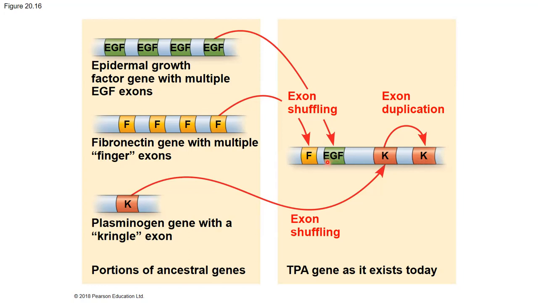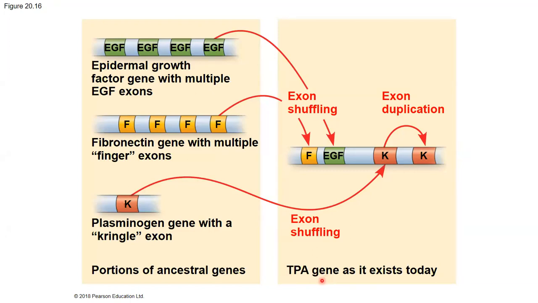And scientists think that these exons, or this gene, was the result of mixing 3 different types of exons from 3 different genes. So here we have the epidermal growth factor gene consisting of 4 copies of this exon. We have the fibronectin gene with multiple finger exons, and then the plasminogen gene with the Kringle exon. And scientists think that the TPA gene